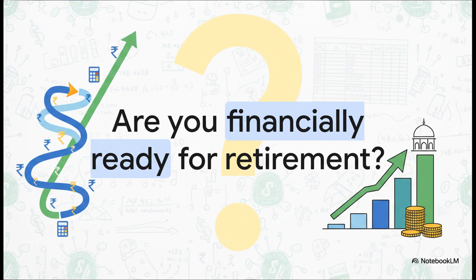We've taken what looked like a complex, bureaucratic maze and turned it into a clear, step-by-step roadmap together. From figuring out total emoluments to applying that highly specific 148.4628 commutation factor, you now have the knowledge to project your financial future. So, with the math finally demystified, are you financially ready for your retirement chapter? I really encourage you to grab your payslips, use the exact concepts we covered today, and take total control of